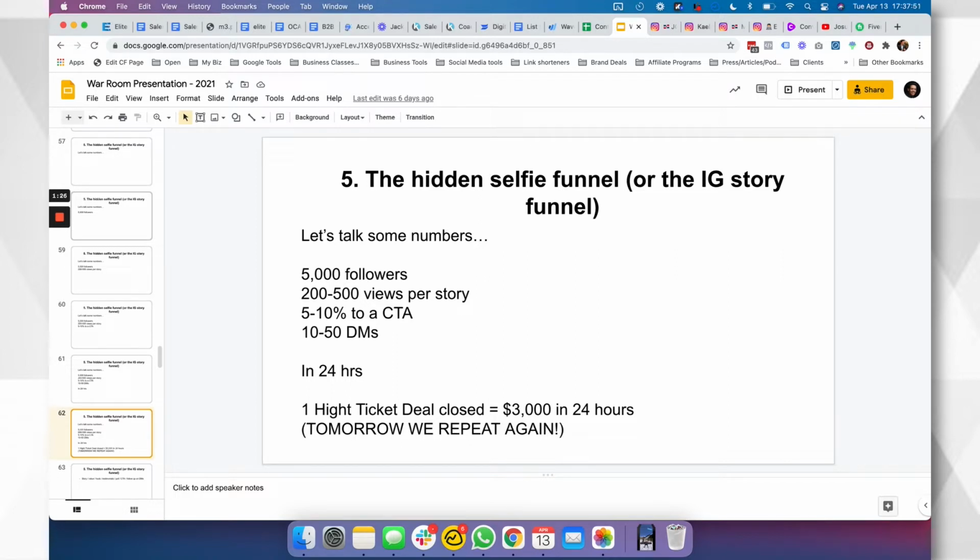And then tomorrow we repeat it again. Here's the coolest part about it all, right? That you're literally closing a $3,000 deal in 24 hours with a small following just from Instagram stories. And I know these numbers sound crazy, but I promise you these are possible. And you can do this very, very easily. And then use that money even to grow faster. And I'm gonna show you obviously how you can actually close those deals and close those high ticket clients